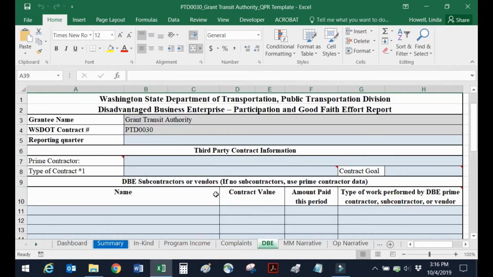The DBE tab has been revised. The form that we're using can be used for both construction and operations. So that's why it's got this section for prime contractor and subcontractors. Most of you are going to be using this for operating and mobility management projects, and you will just be